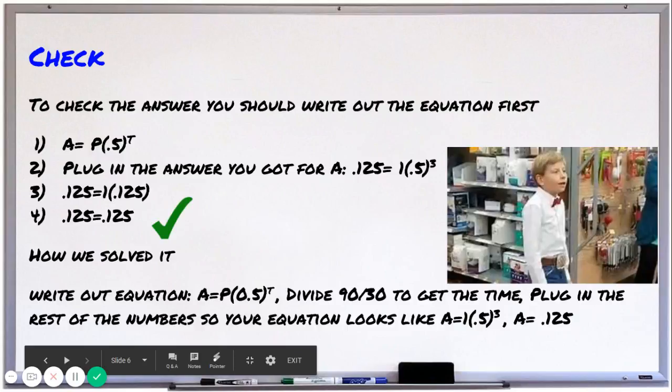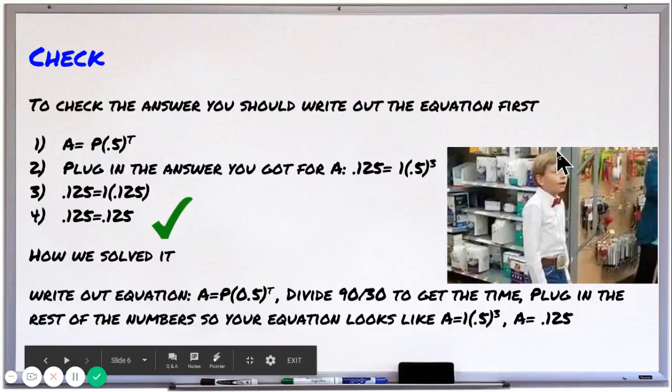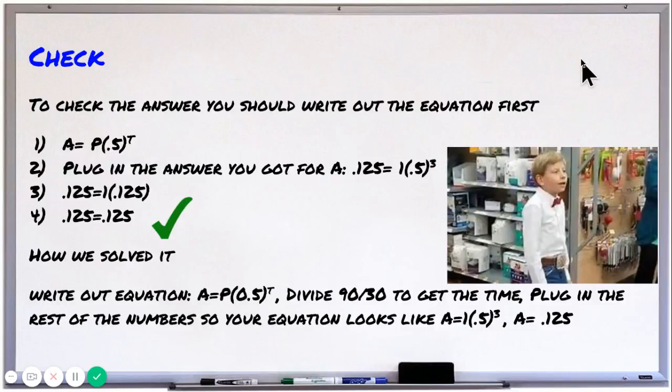To check the answer, you should write out the equation first. A equals P in parentheses 0.5 to the T power divided by H. Plug in the answer you got for A. 0.125 equals 1 times (0.5 to the 3rd power). 0.125 equals 1 times 0.125. 0.125 does in fact equal